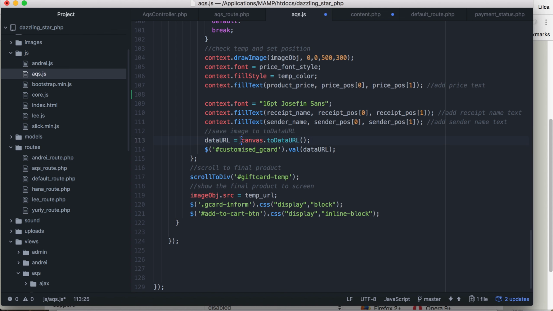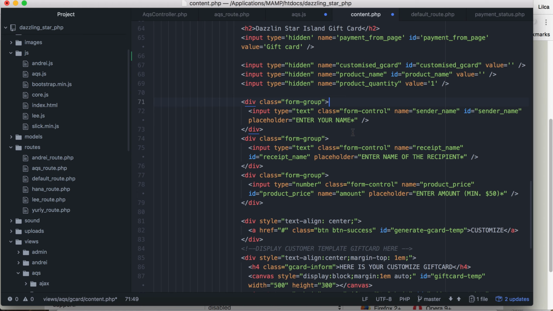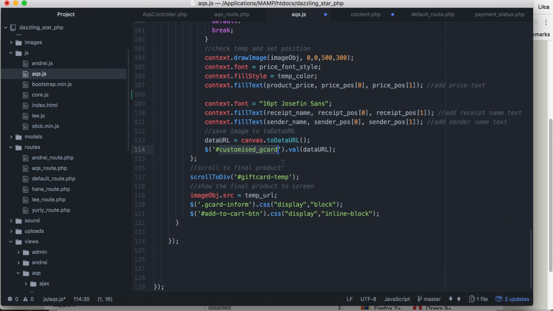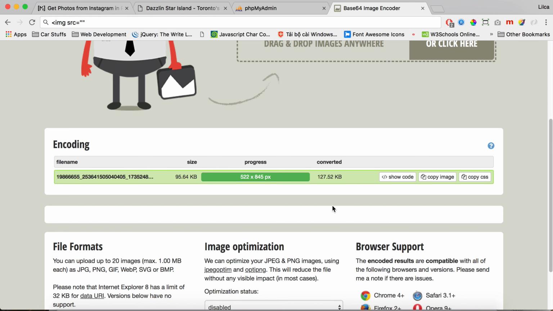So once I do the fill text and canvas things and export to the base 64 encoder string, I'm gonna assign that value, the image string here, to the customized gift card ID, which is the hidden value here. So I call it customized gift card value, and the value is going to pass in the data URL. And the next one, I'm going to scroll the user to the gift card template,